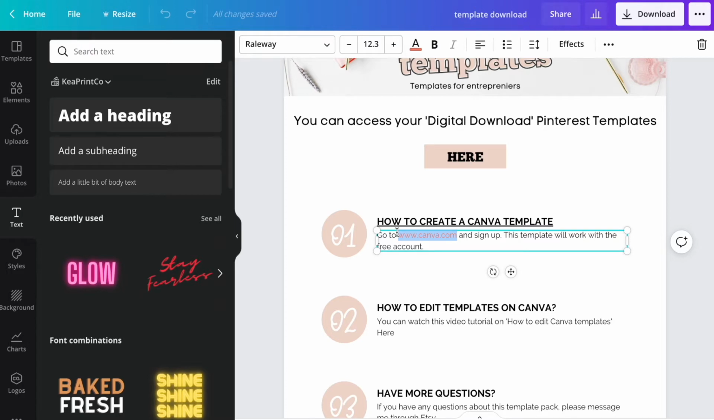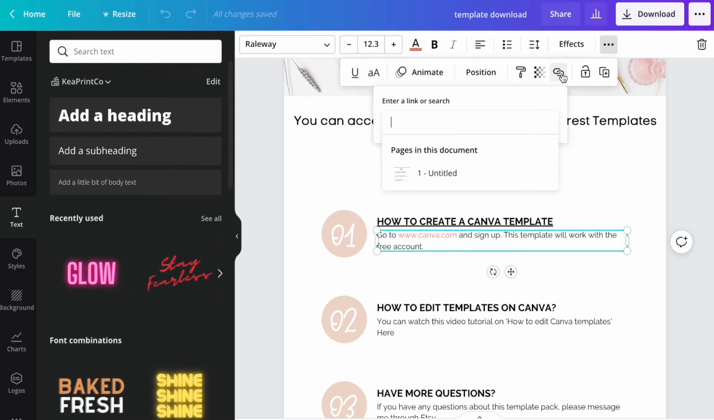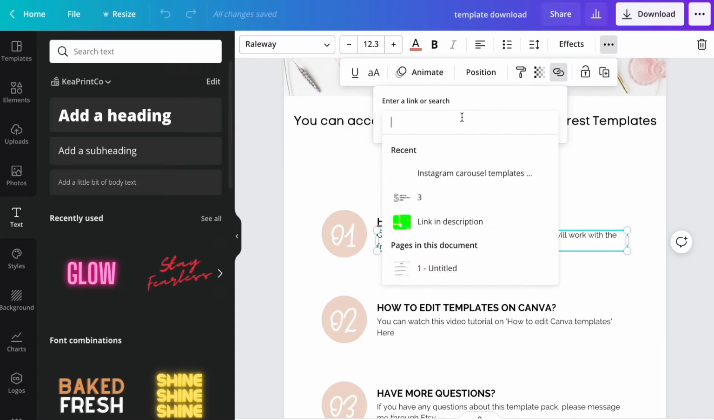So to add the link to Canva, we're just going to highlight the text where it says www.canva.com. I'm going to go to this top bar at the top where it says more, the 3 black dots, and I'm going to go to this little double chain link here. Now here you can either copy or paste in the link that you would like to add. So I'm just going to go www.canva.com,